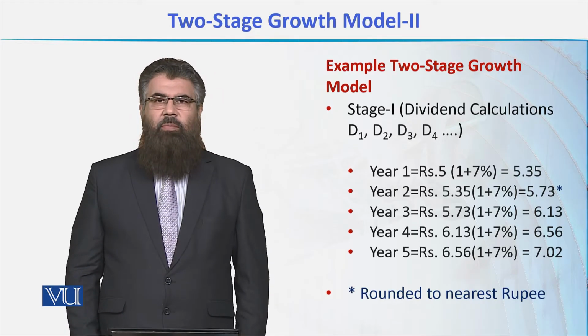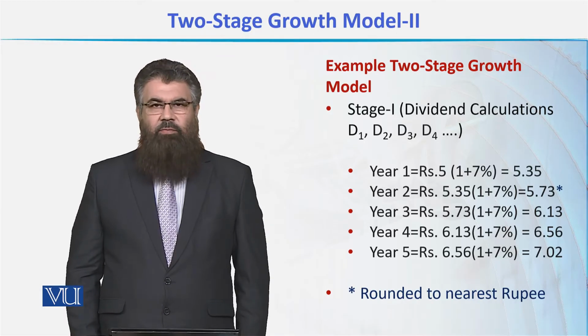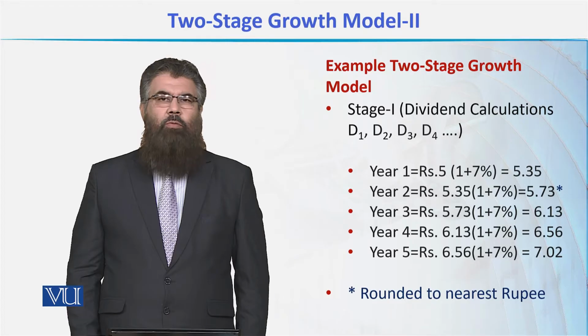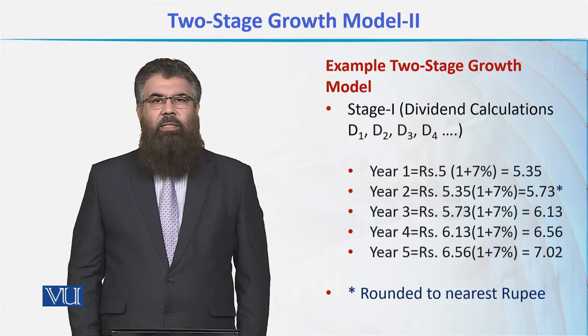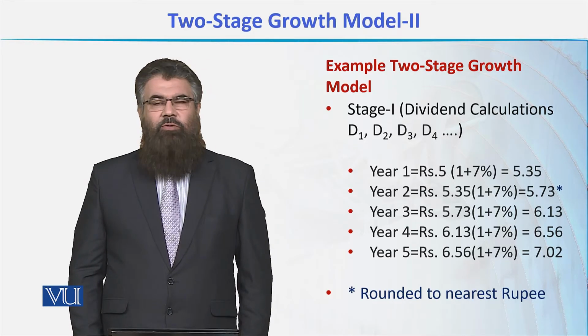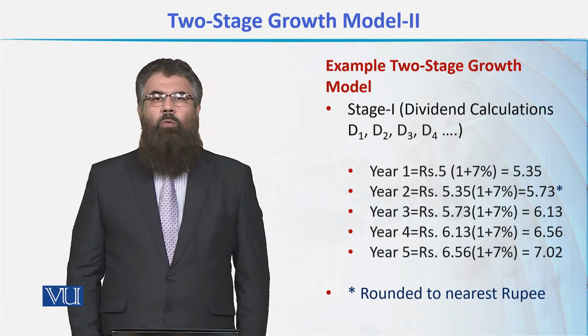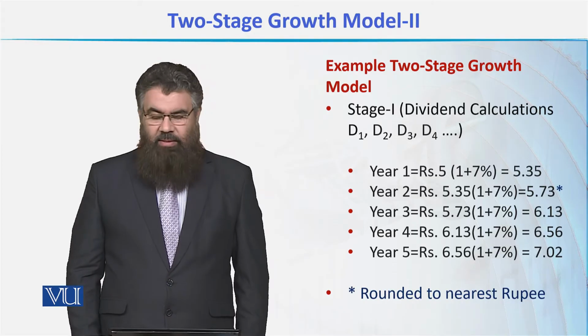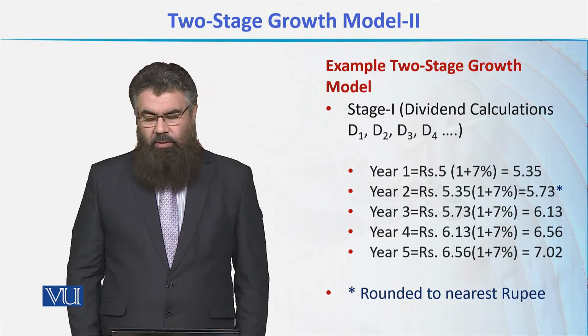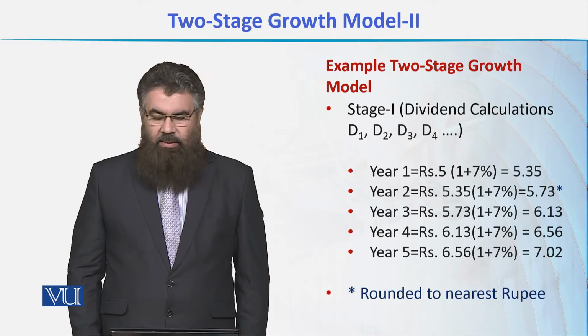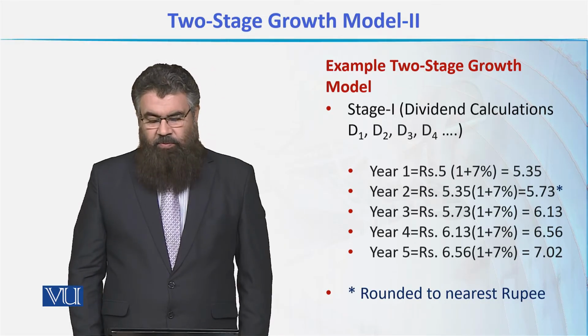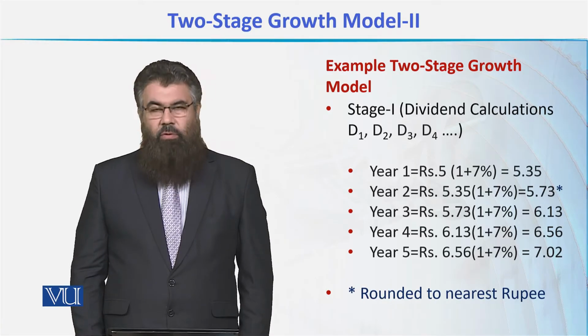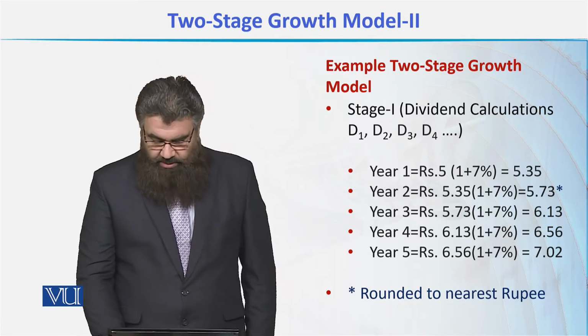It is important to remember that all the calculations in finance we have to do to the nearest rupee or dollar, that is in terms of paisas or cents or pennies. यानी हर calculation हम 2 decimal places तक करते हैं. So we have to round off the amount to the second decimal place in all these cases. So we'll calculate the D1, D2, D3, D4 and D5 individually.